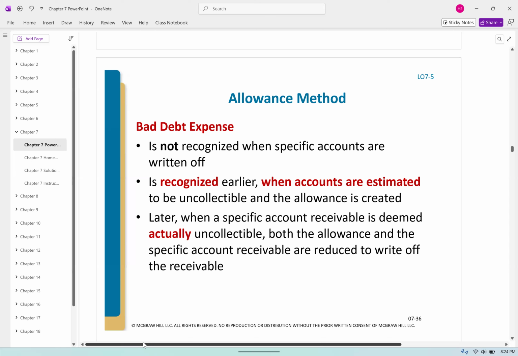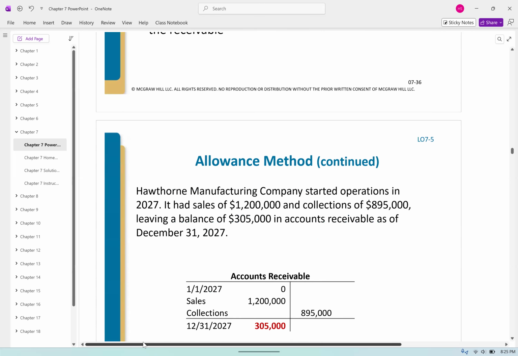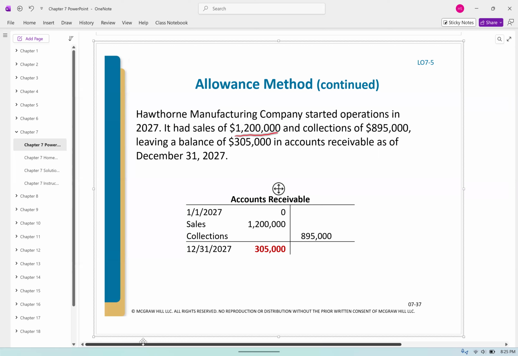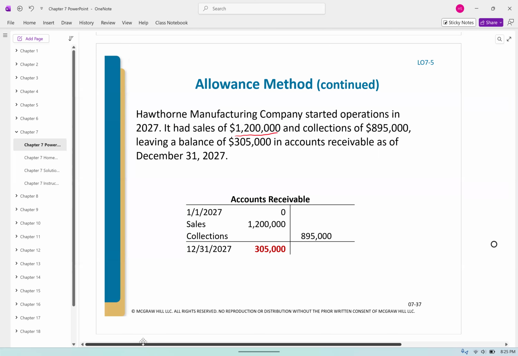It's sort of like we took some money in one pocket and put it over in the other, or not really money. We just set aside a certain amount. Is it going to be a perfect estimate? No, it won't be a perfect estimate, but it will be better than the direct write-off method. Okay. So they tell us Hawthorne Manufacturing Company started operations in 2027. It had sales of 1.2 million, collections of 895, leaving a balance of 305 in accounts receivable on December 31,